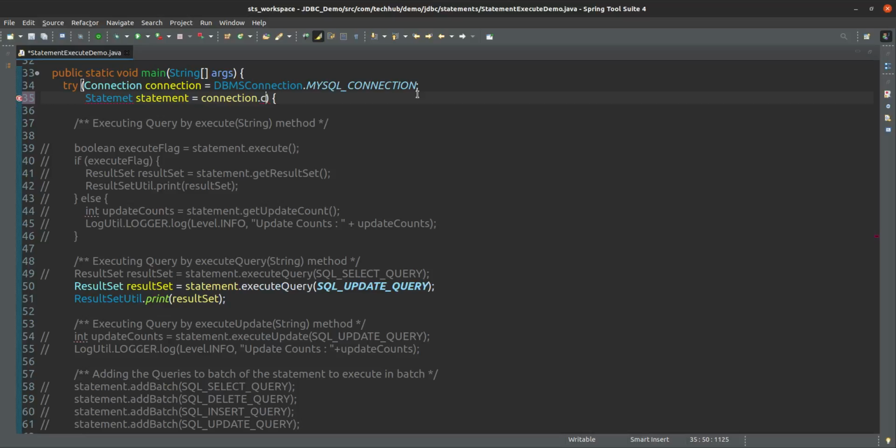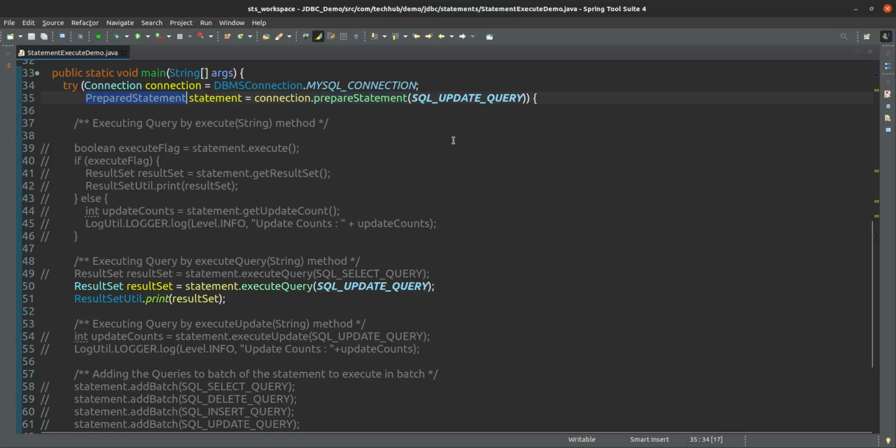You can go with any one of them. If you are using this prepared statement, then you no need to give this here, just executeQuery, that is fine. So using this executeQuery, it is returning a result set directly.